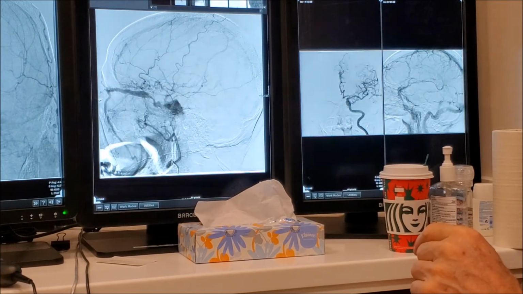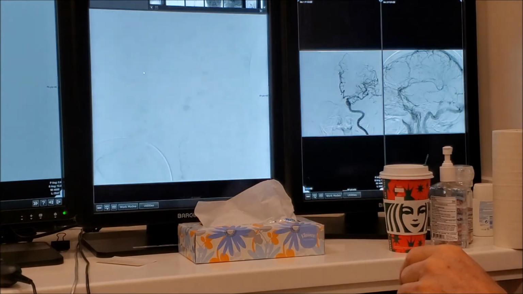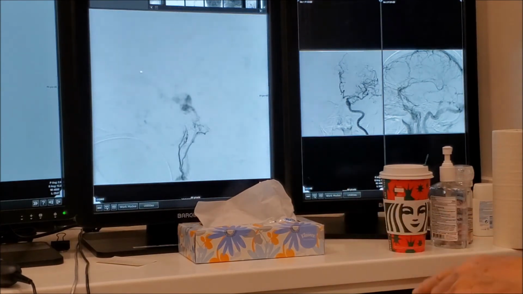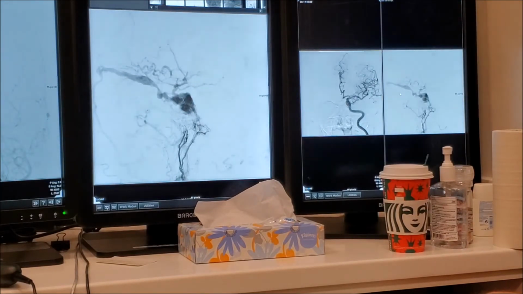So after we got the diagnostic scan, the initial plan was to proceed with embolization the next day. Ascending pharyngeal, so that makes sense. But after we were done, we were called that the patient had experienced some decline in her vision subjectively, and also on the exam she was now no longer able to count fingers as well. So because of that, we decided to just bring her back and do the case the same day.